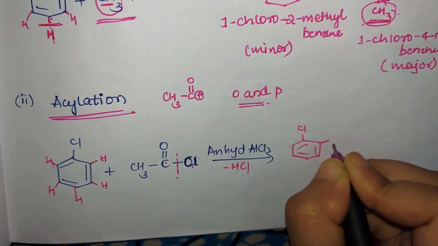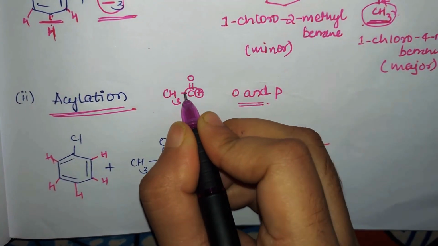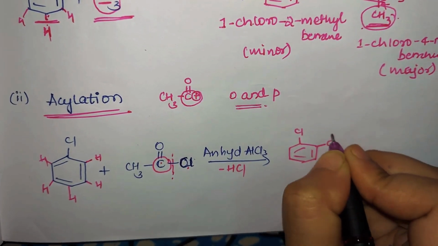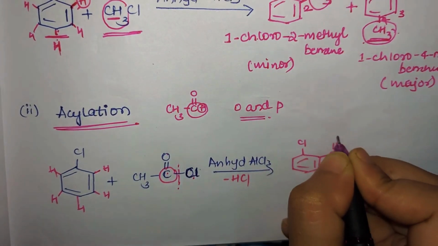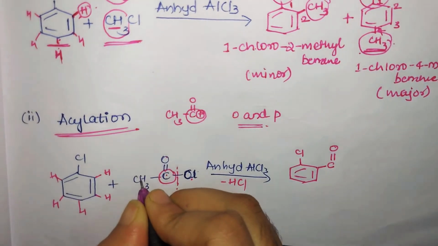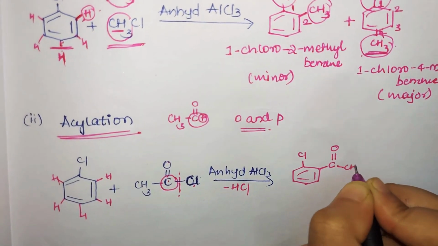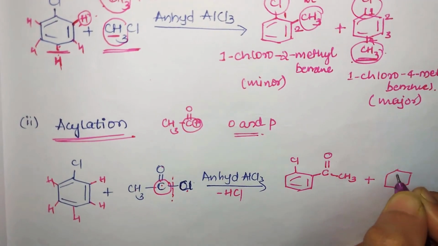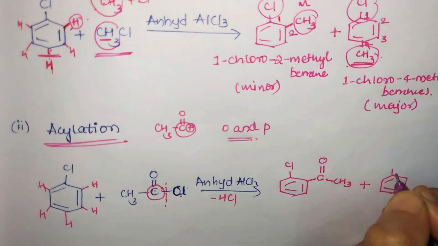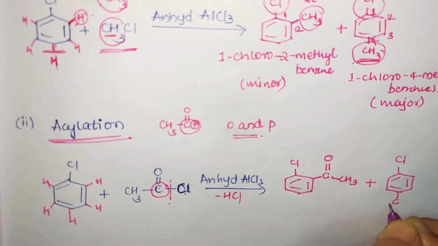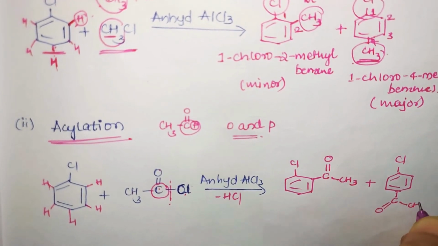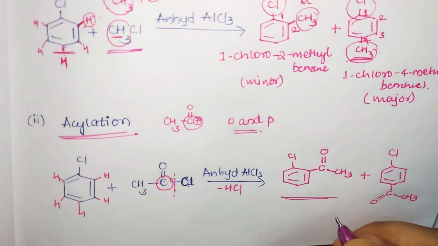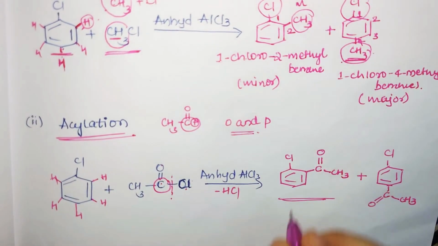So we'll write the chlorobenzene as it is. See here you have two carbon atoms, but you have to consider the carbon atom which is positively charged. So the bond forms through that carbon atom. Then it has double bond O, and on one side it has CH3, and this becomes your ortho product. Why? Because it is present at the second position of the chloro group. Then again we'll write the chlorobenzene as it is, and on para position we'll write C double bond O CH3. So these are the two possible products, and we'll write their names.